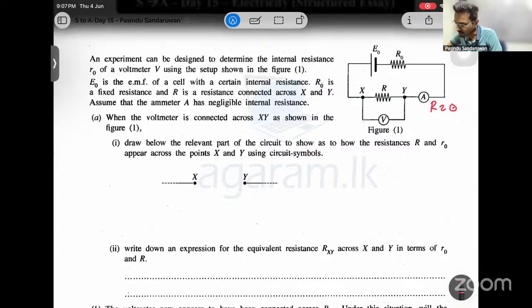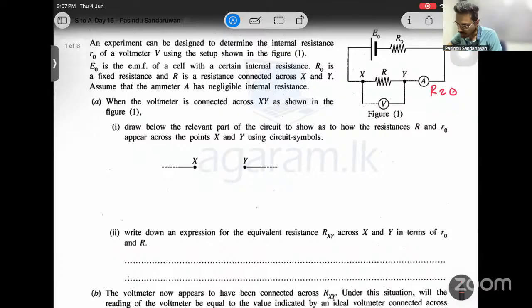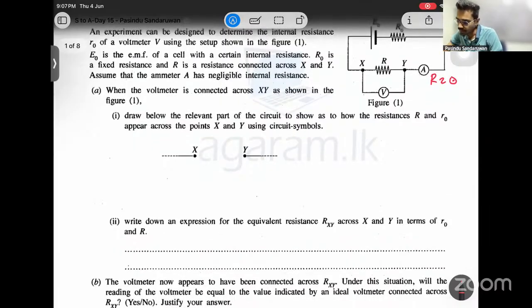Connected across XY as shown in figure 1. First one, draw below the relevant part of the circuit to show how the resistance R and R0 appear across the points X and Y using circuit symbols. Right. We know